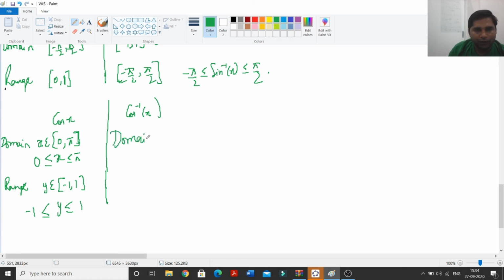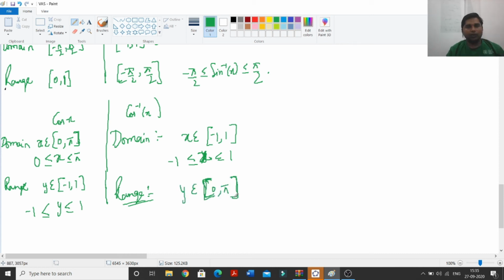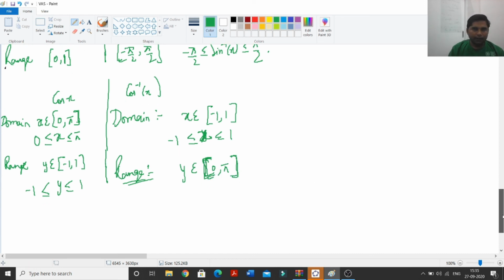So the domain of cos inverse x is x belongs to -1 to 1, or you can write x lies between -1 to 1, and the range of cos inverse x is the domain of the function. So the domain is 0 to pi, so the range lies between 0 to pi. Cos inverse x will give you a value between 0 to pi. Okay,